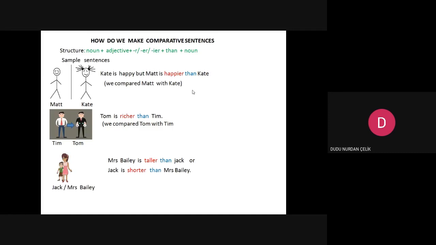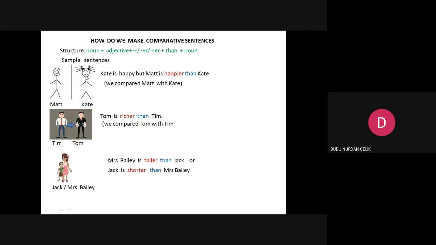How do we make comparative sentences? We can make comparatives, but how can we say them in a sentence? The structure is: we use a noun, the name of a person or an object. We use an adjective, and after the adjective we use R or ER or IER plus than and another noun, a name. Look, here we have got Matt and Kate.